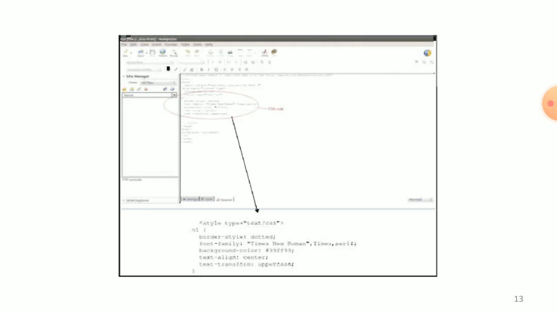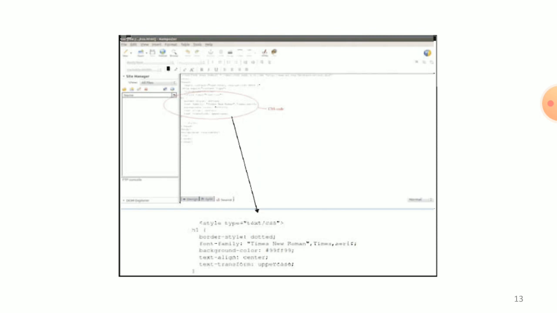And then next, select the Source tab at the bottom of the window to view the CSS style sheet code, as shown in the figure. So the CSS code is in the head section of the page source code. That is the CSS code in the source view.